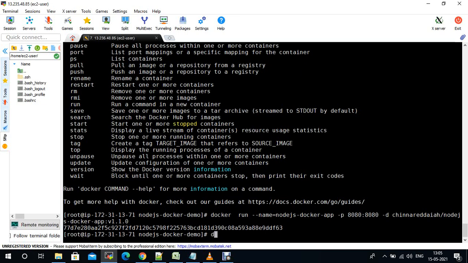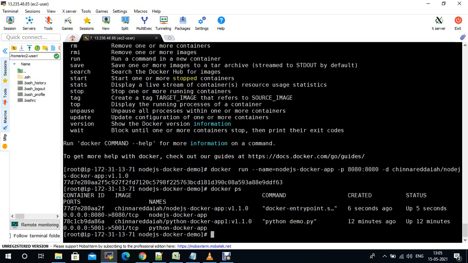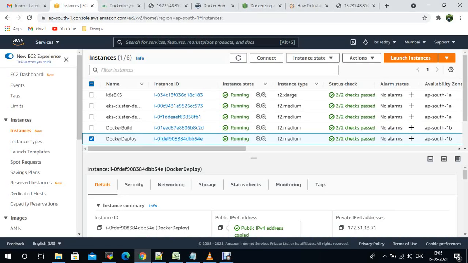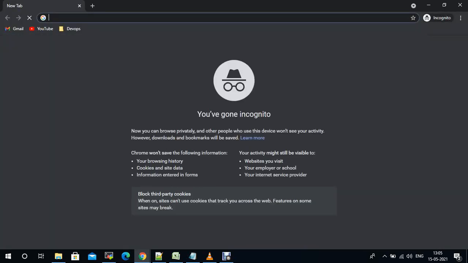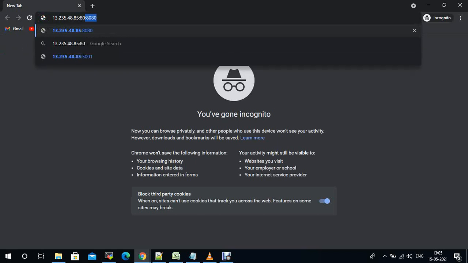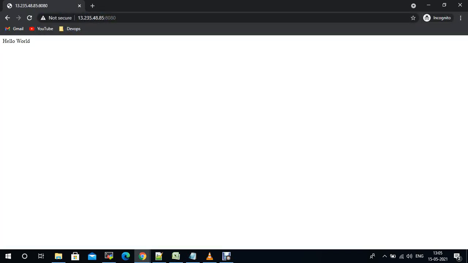Okay, now it is running. If you check now docker ps, see it is running the Node.js application. So you just need to go to the console. I'm going to an incognito browser and opening 8080. See, I'm getting the output of the application.